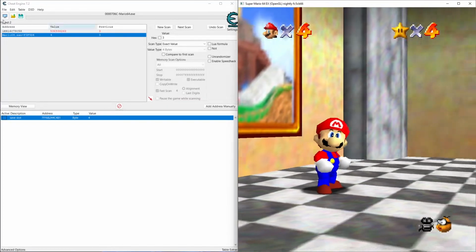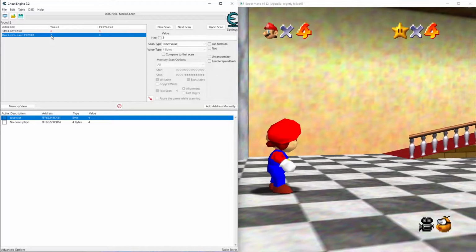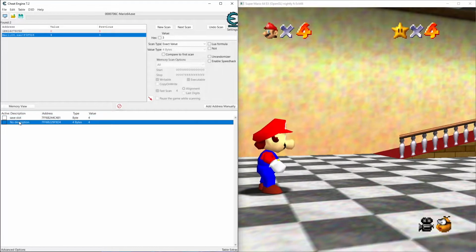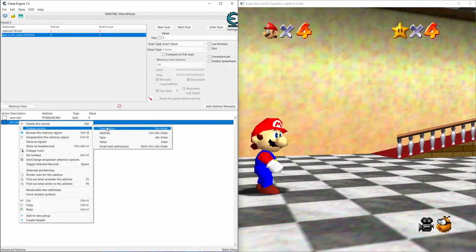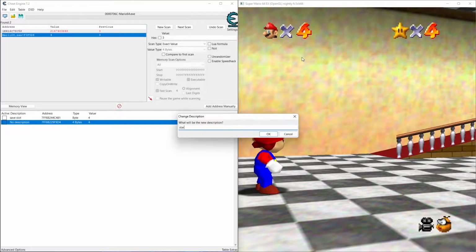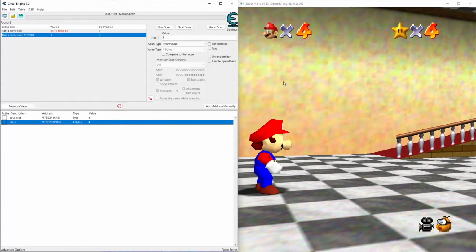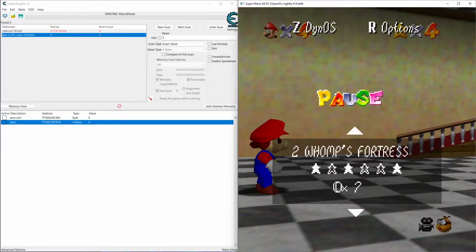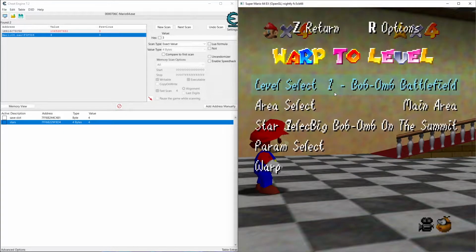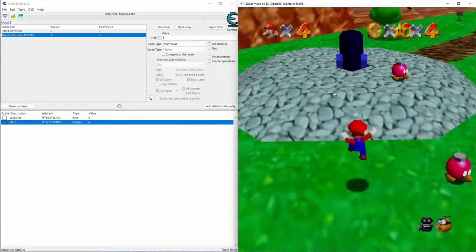Great, so hit save and quit, and you can see this value turned to 4. So we'll double click it, add to the bottom, right click it, change record, description, we'll just name it stars. The next stage of the memory search that we're going to do is we're going to look for the stage number. So what we'll do, we'll warp to level bomb on battlefield, hit warp,